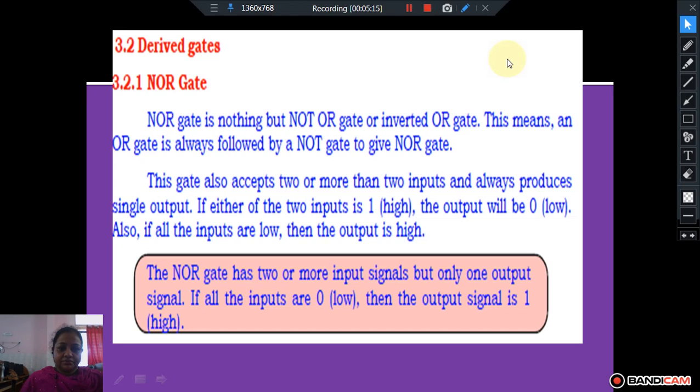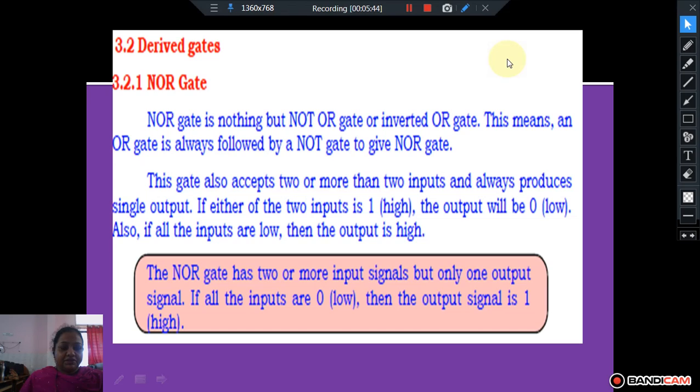The NOR gate, it is not a FOR gate. This gate can have, as I told you earlier, two or more inputs and there is only one output signal. So what will be the output? When is the output of the NOR gate 1? The output is 1 when all the inputs are 0. Otherwise the output is 0.